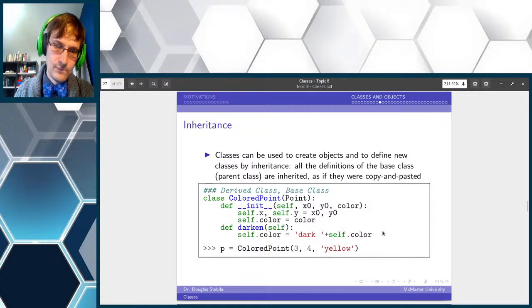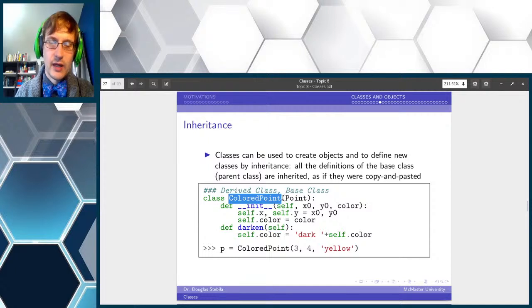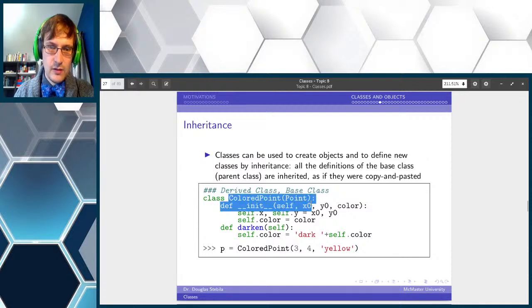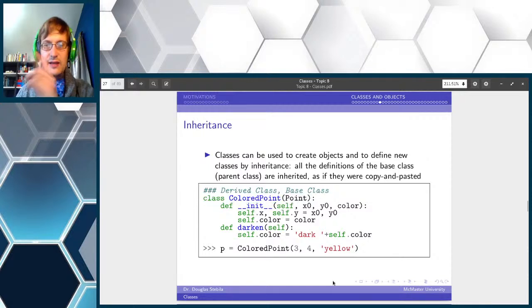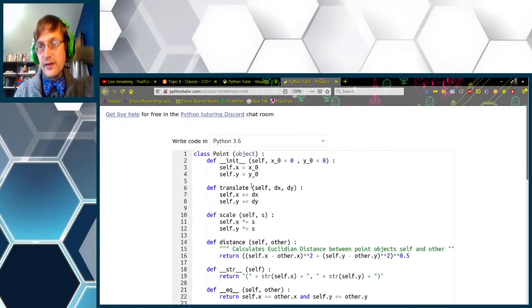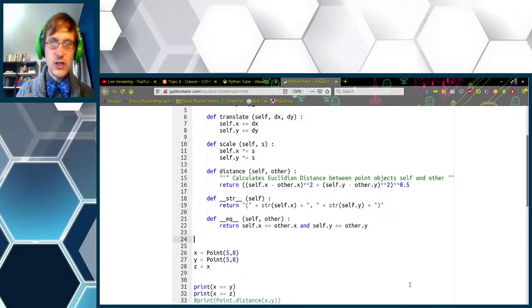So, the example here is we have a new class called colored point. If we wanted to have red points and green points, etc., we're redefining things a little bit. The idea of inheritance is that we can take an existing class and provide modifications to it without modifying the original class.